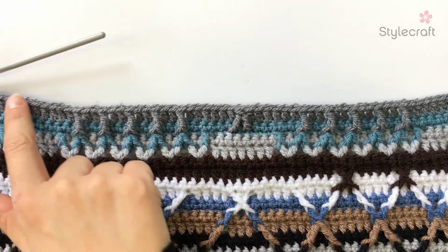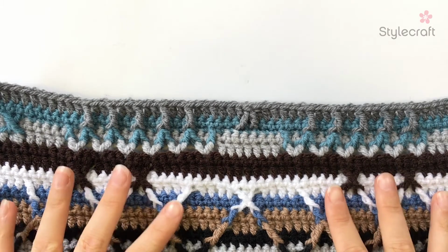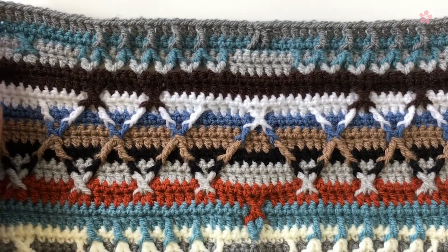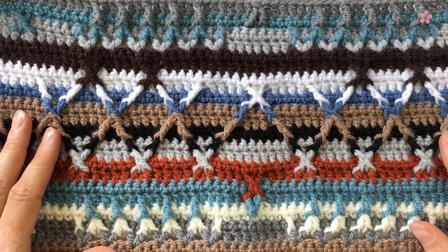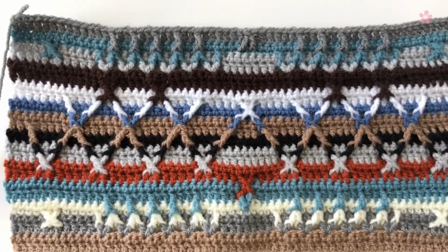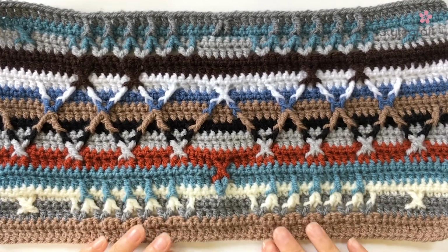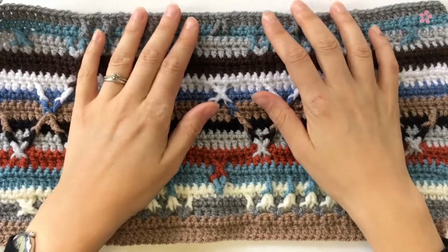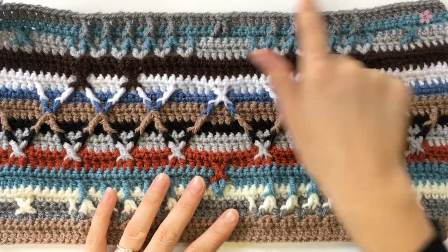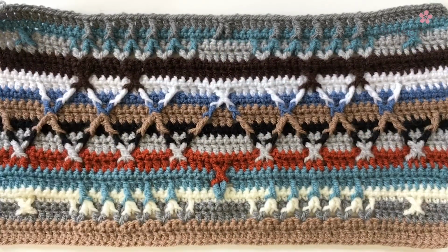So once you've chained 1, turned and worked a DC into every stitch along here, that is part 5 completed. So let's just have a look. So this is what it should be looking like. Obviously still finishing your DC row along here. So if it's all looking lined up and you've got your 65 stitches, that's part 5 complete, and then I'll